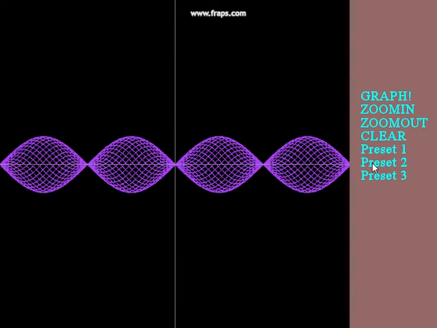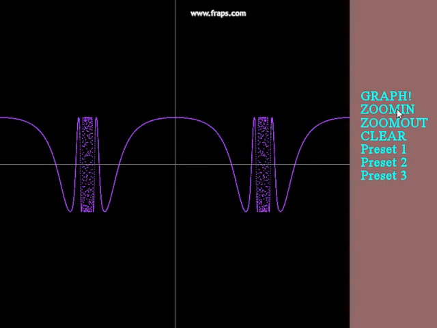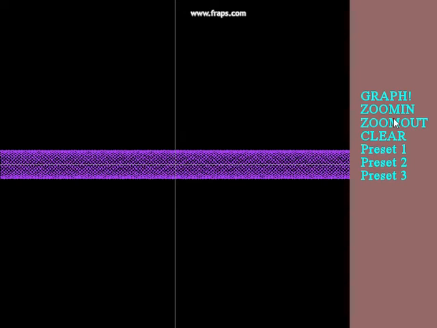I'll move on to preset 2, and I think this is a little less impressive, but it does, to me, resemble headphones or something like that, but it still seems pretty cool. Now finally moving on to preset number 3, which is considerably more impressive, but does tend to get distorted with the number of points there. But if we zoom out a little more it starts to look pretty cool. And if we zoom in a little more it becomes a little less indistinguishable. Just zooming in a little more and we can see that it does look